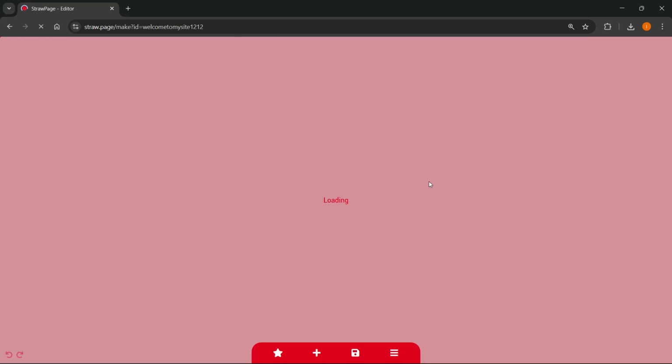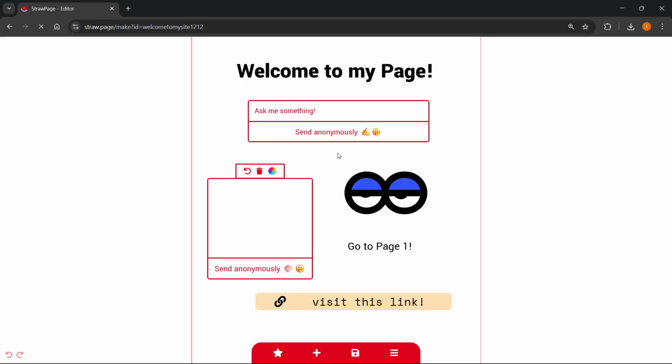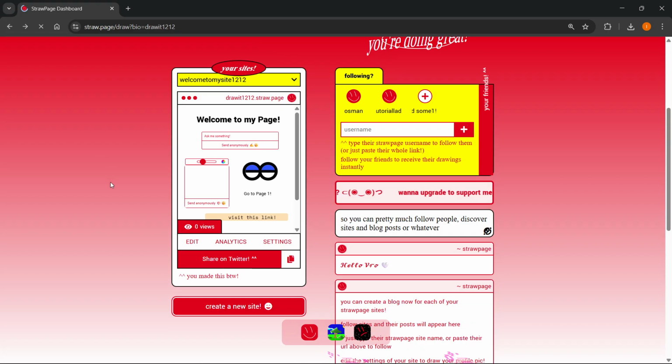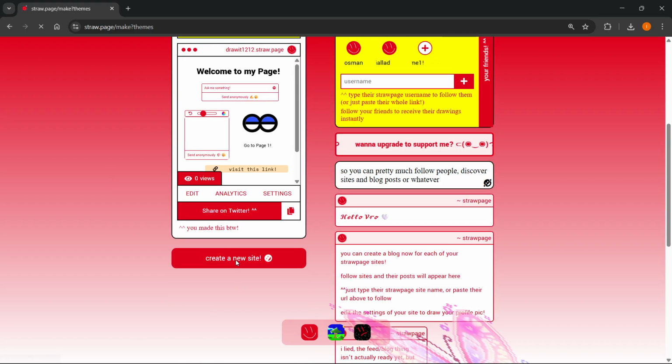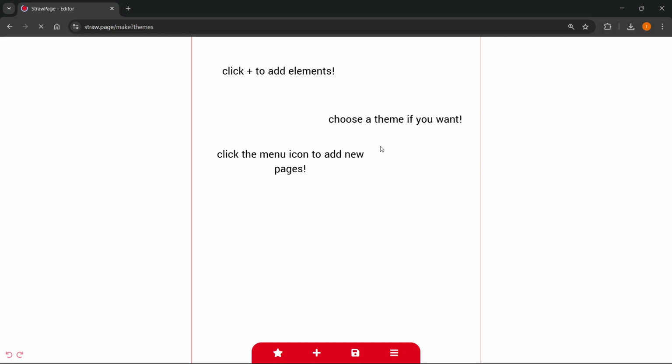So in case you are inside your site, your editor, and you want to reset, you can simply leave this page be, click on the arrow back top left, and then just create a new site from here. You can remove those three blocks over here, and then as you can see, you'll be ready with a restarted